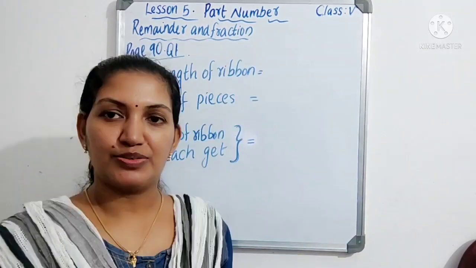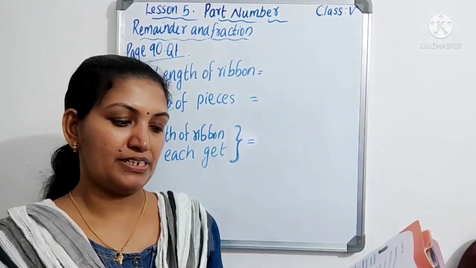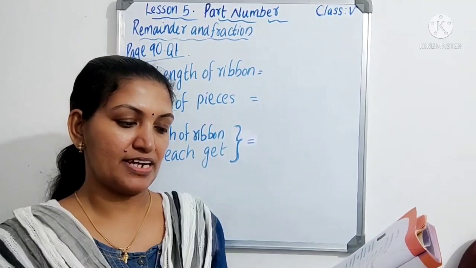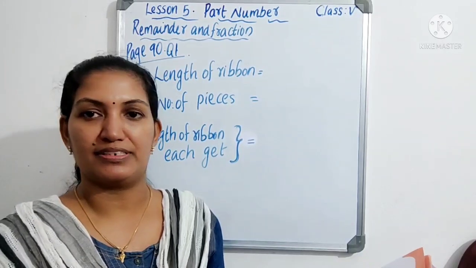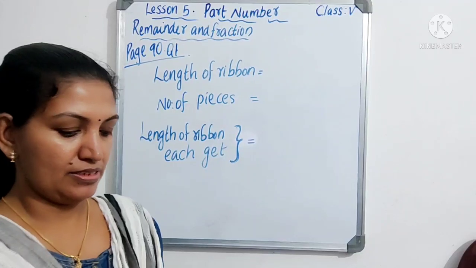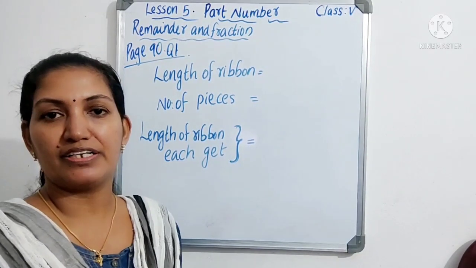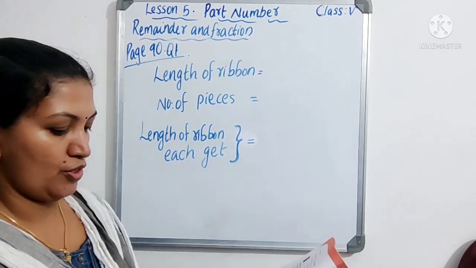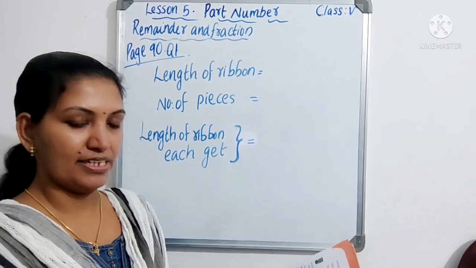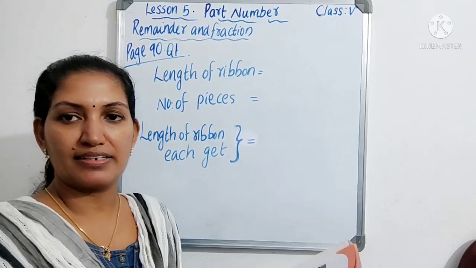Question. If a long ribbon of 8 meter is divided equally among 5, how many meters would each get? Can you say this in meters and centimeters? The same model as the last question: here the total length of the ribbon is 8 meter, and this ribbon is divided equally into 5. Then how many meters would each get? Then this I have to say in meters and centimeters.